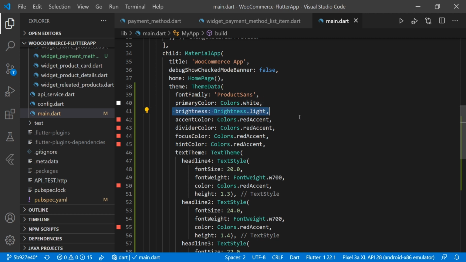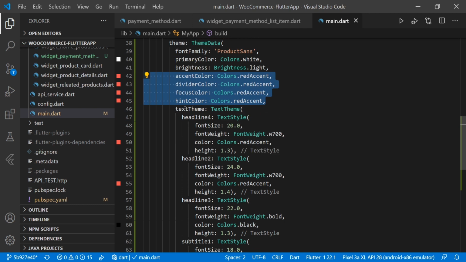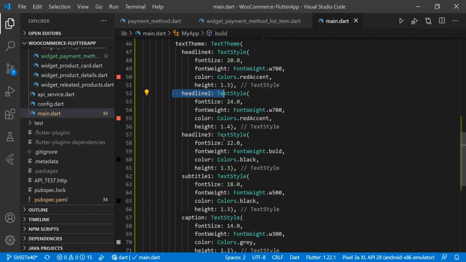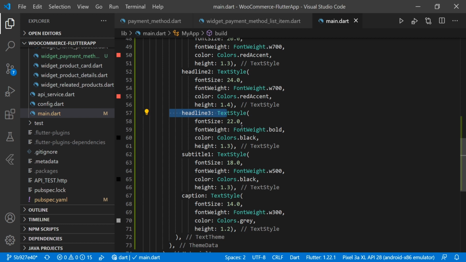Then we are using brightness with the brightness.light. The accent color we are using here red, and the divider color, focus color, hint color, all we are using here red accent. And for the text theme we are using here a headline 4, and then we have a headline 2, then we have a headline 3 here, then we have a subtitle 1, and then we have a caption here.